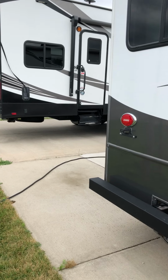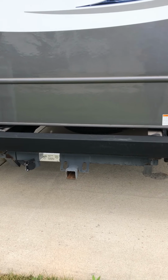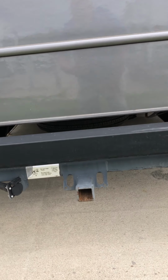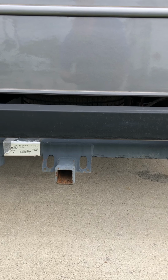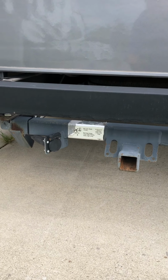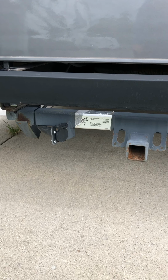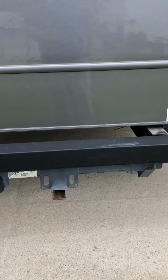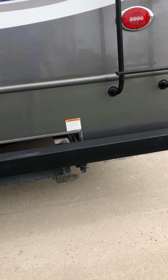So basically in the back here, you were asking about the hitch. You have the back hitch right here. It's rated up to 7,500 pounds, 700 pounds of tongue weight with the weight distribution, and then it has the plug-in right there for the 7-way. There's a brake control that's built into it as well. I'll show you that up on the dash, so you can adjust the electric brakes